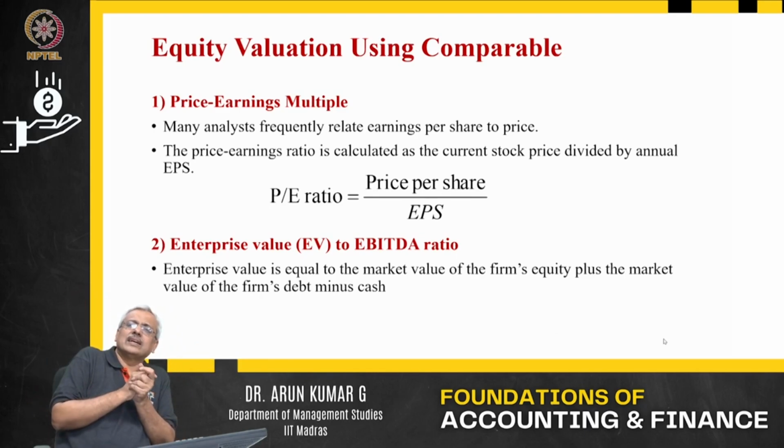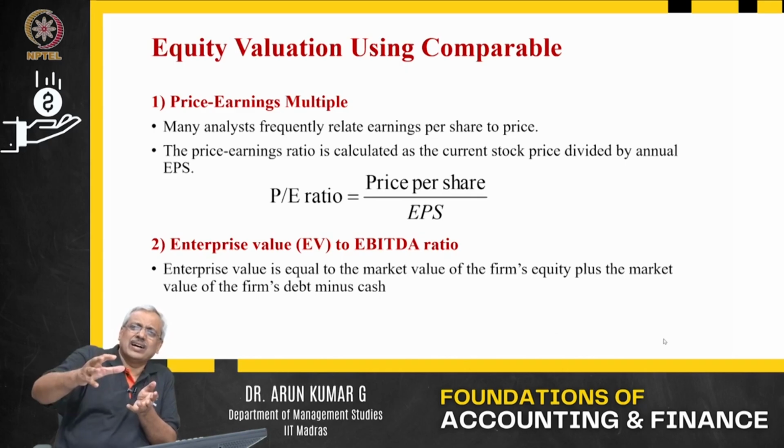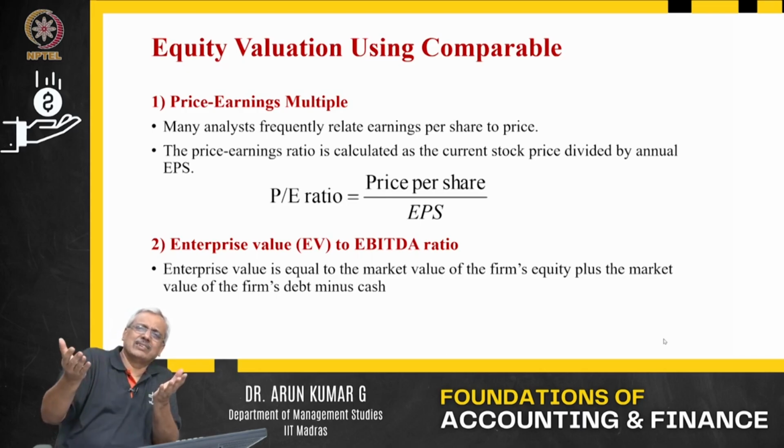That is what they call price to earnings. The earnings is there per share, EPS, earnings per share. How many times earnings per share should be the share price? That we use for comparable companies. Imagine I have a listed entity. Market price is available, EPS is available. I know the price earning multiple, how many times the earnings is the market price. I have an idea, on average over 6 months.